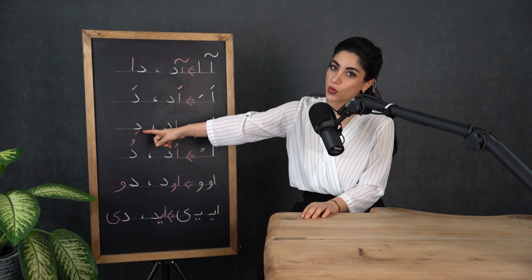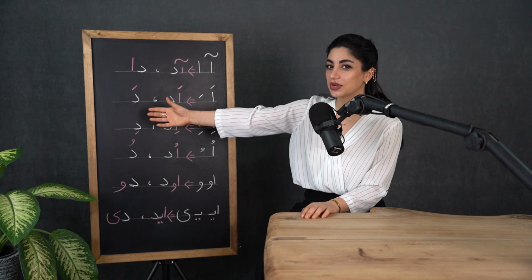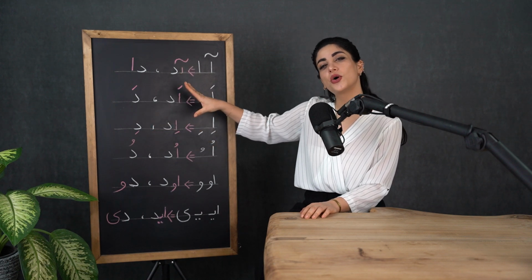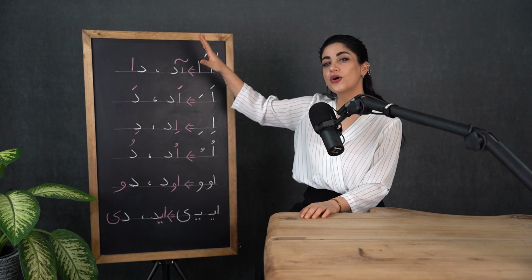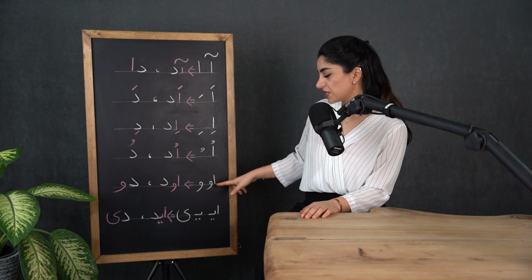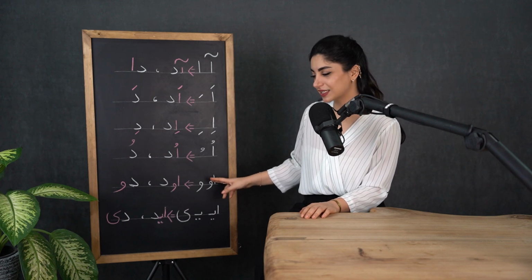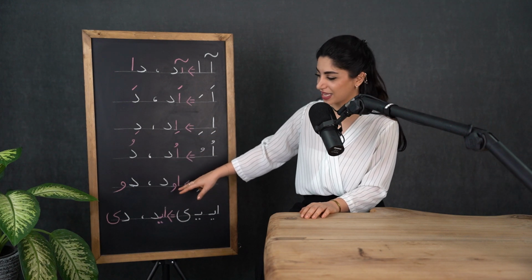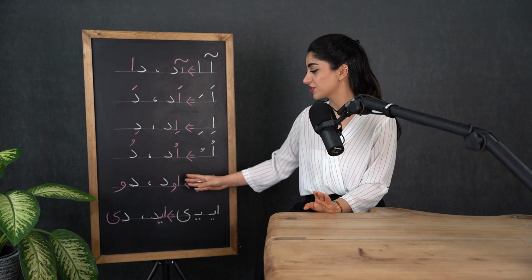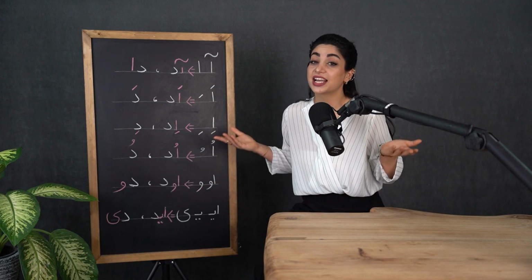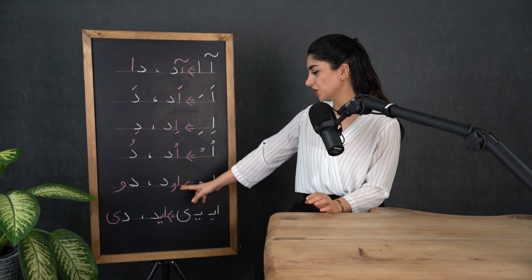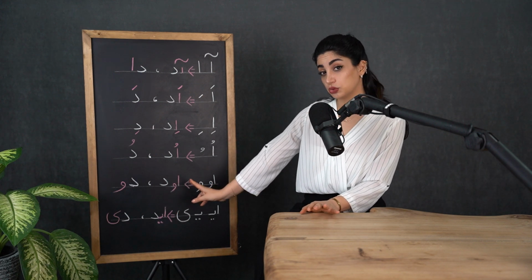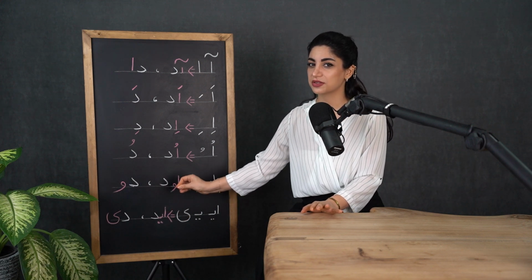De, o. Together, do. What about this one? This one comes right at the beginning and doesn't attach. So this one doesn't attach either. U, de. Together,